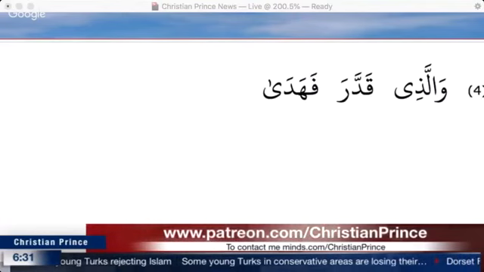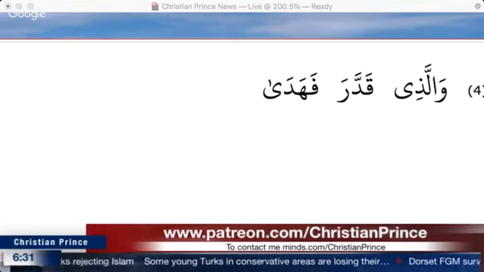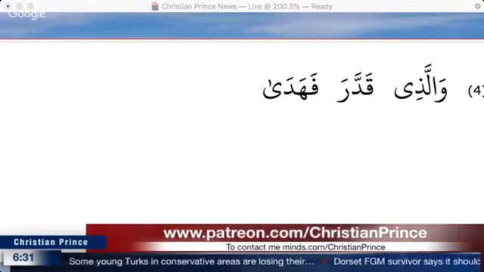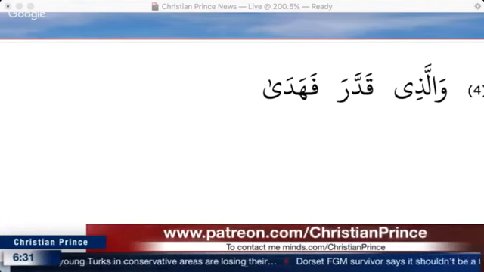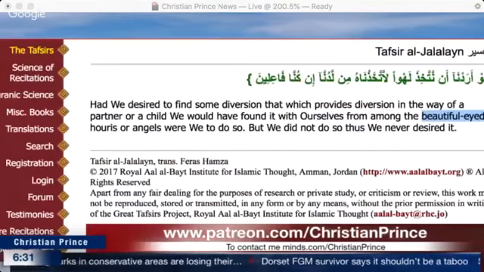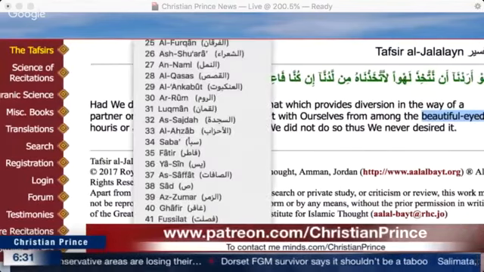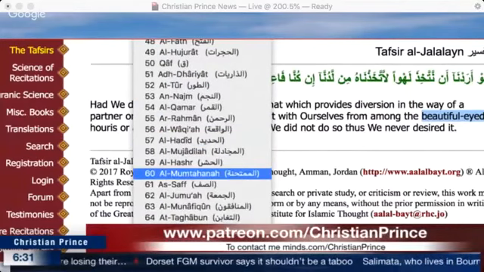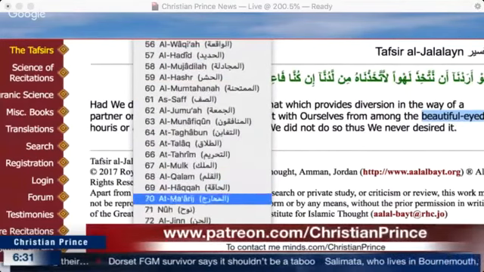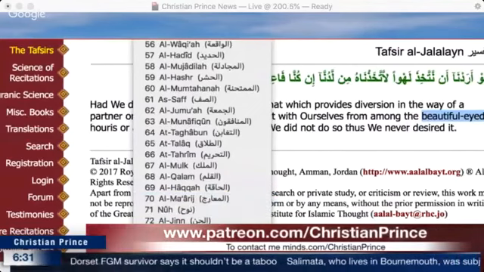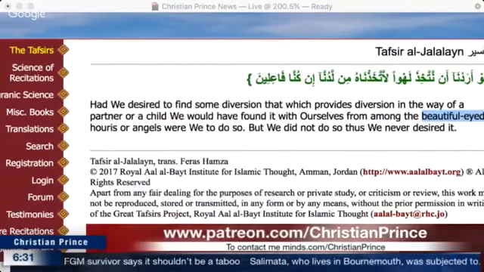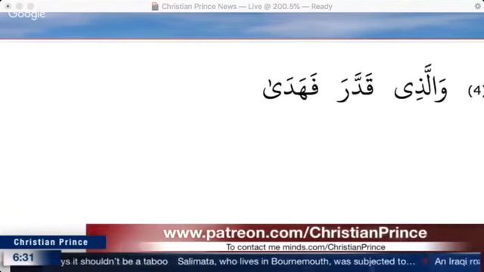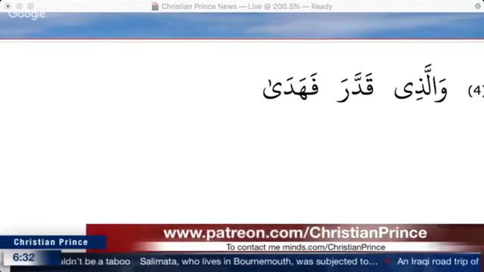Okay. If we go to chapter 87, verse number 3, it says, وَالَّذِي قَدَّرَ فَهَدَى. What does that mean? He destined. He made it destined. Qaddara means destiny. So Allah is the one who made the destiny, and He guides, which means this destiny is what is going to decide for you. It doesn't matter what you do. Well, this destiny could be guiding to old age, guiding from the mother's womb safely.